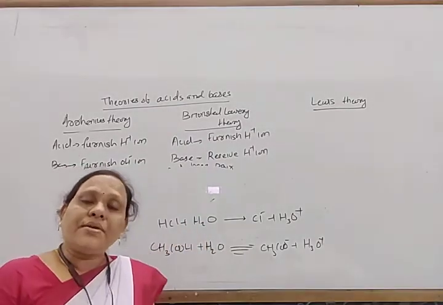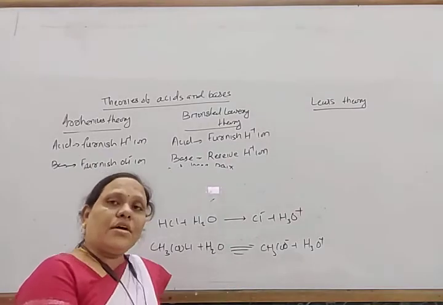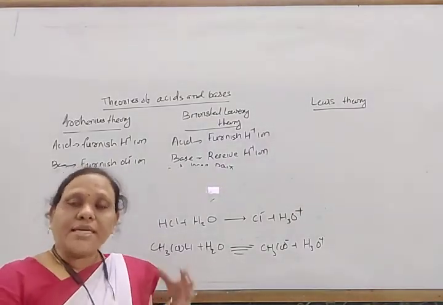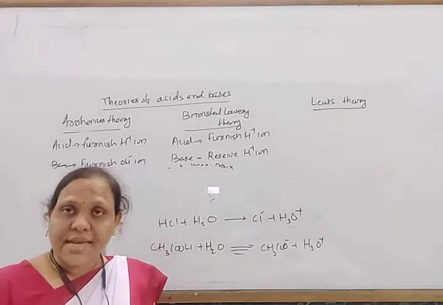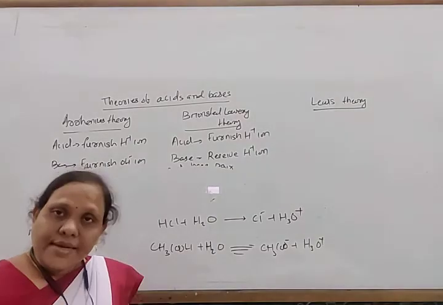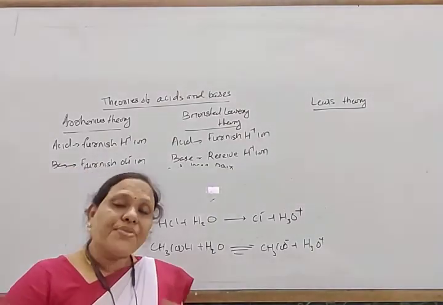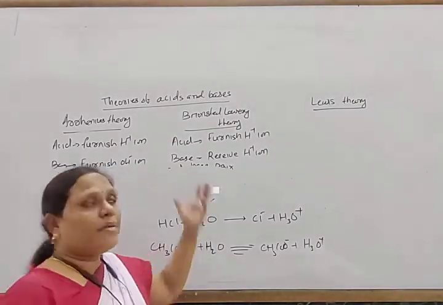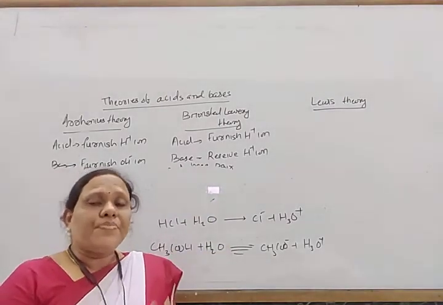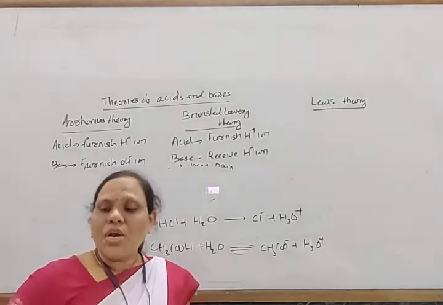But it cannot explain the acid character of aluminum chloride, how aluminum chloride is acidic, and it does not have the tendency to give H plus ion. Aluminum chloride, boron trifluoride, ferric chloride, carbon dioxide, how these are acidic, that cannot be explained by this Bronsted theory. Okay, so then they developed another theory that is known as the Lewis theory.